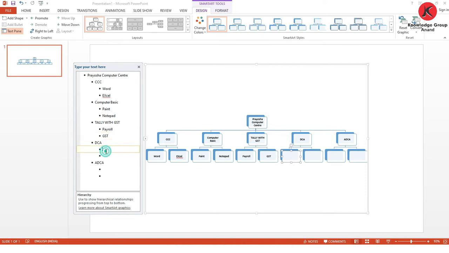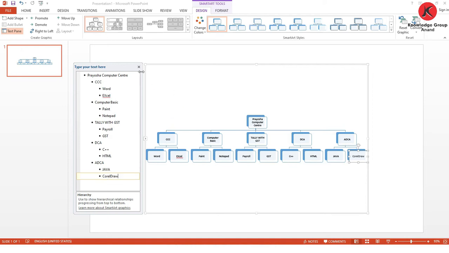Okay, here C++, and here HTML. Okay, and now here Java and Corel Draw.